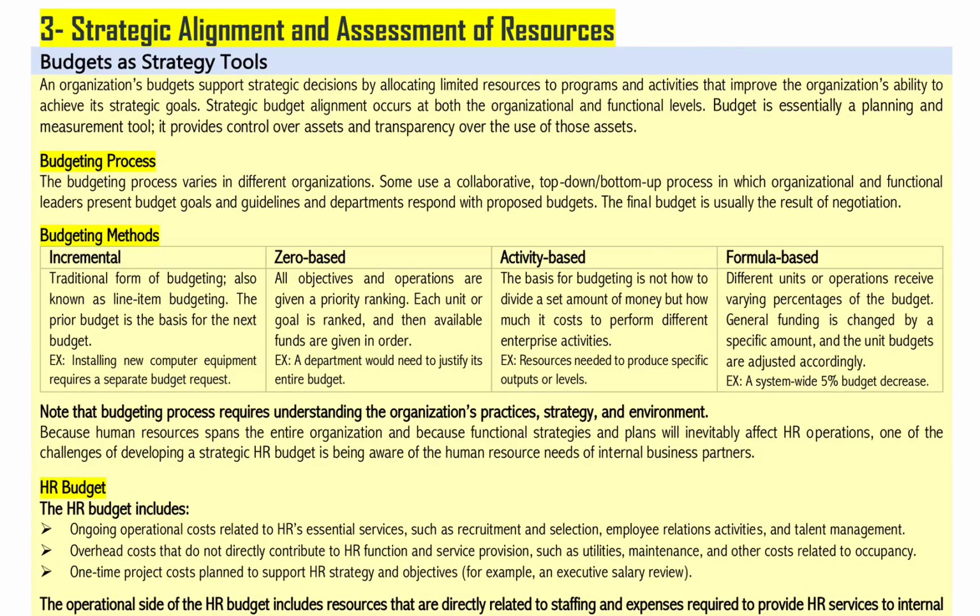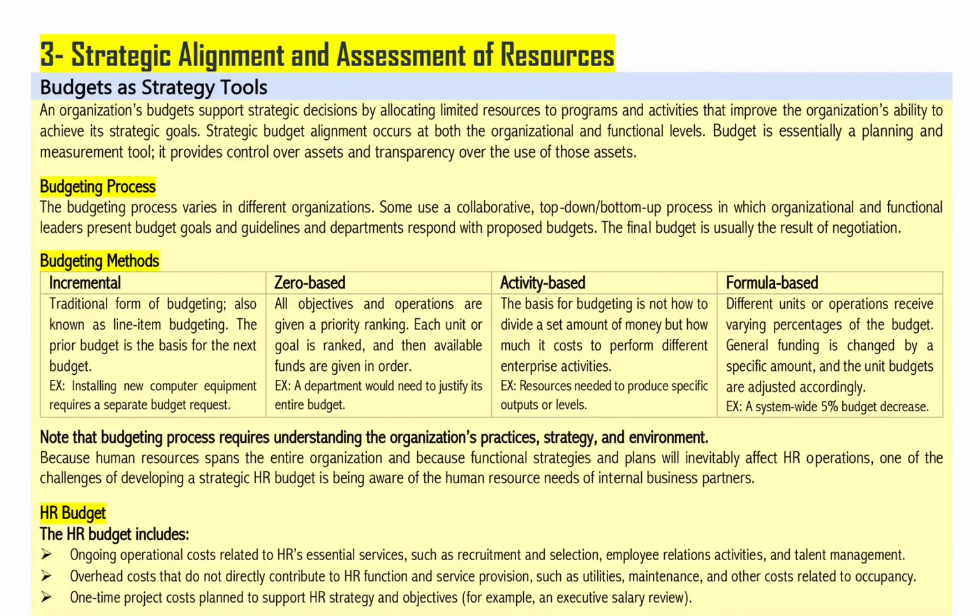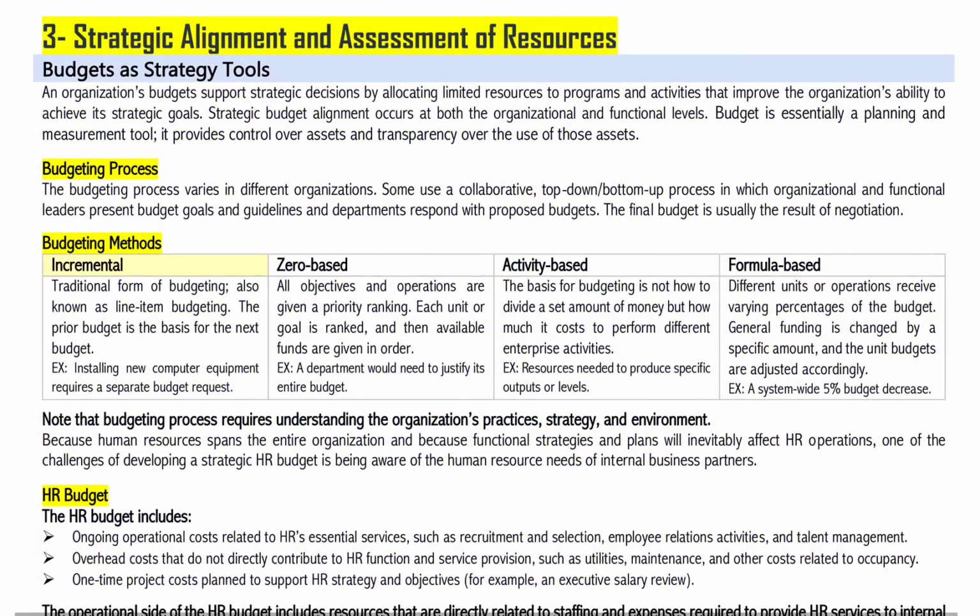Budgeting process. The budgeting process varies in different organizations. Some use a collaborative, top-down, bottom-up process in which organizational and functional leaders present budget goals and guidelines and departments respond with proposed budgets. The final budget is usually the result of negotiation. Budgeting methods: incremental, zero-based,